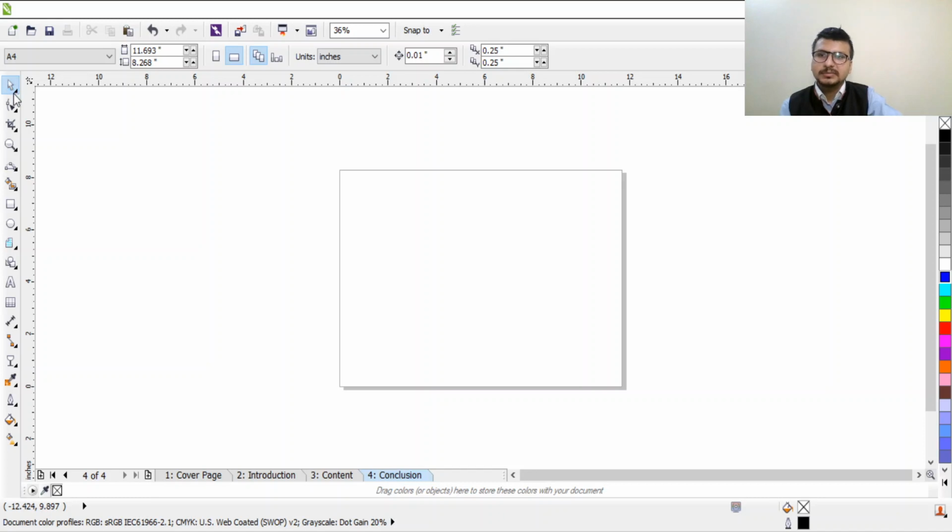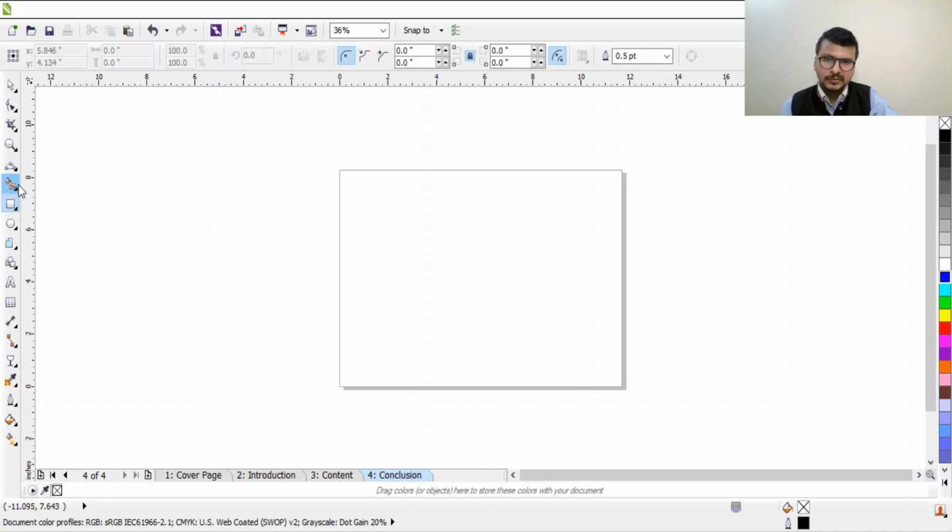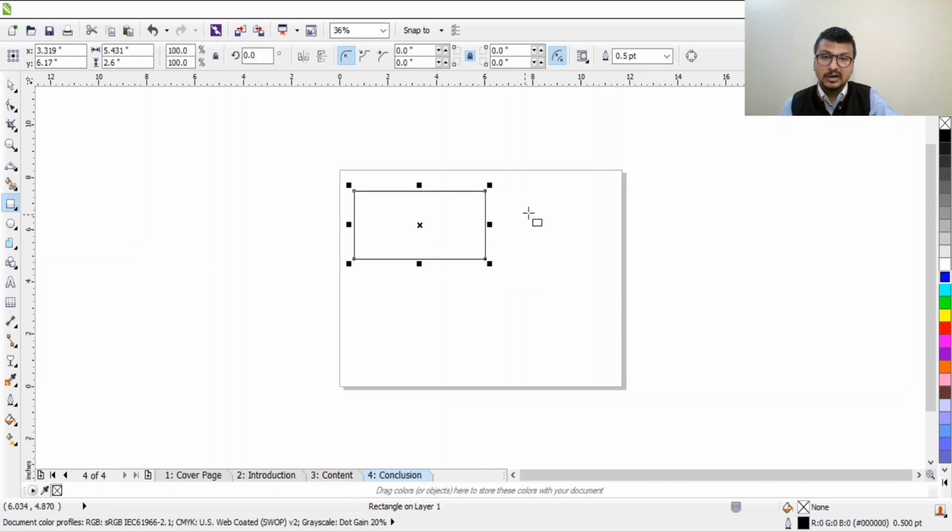Okay, the first tool is the pick tool. The pick tool won't work until we insert some designing elements. Coming to this one, two, three, four, five, six, seventh tool, that is the rectangle tool. The shortcut is F6. If you are handy with the shortcut keys, you can also use the F6 button. This is basically used to draw squares and rectangles just by simply dragging in the drawing window. So this is a drawing window, center in the landscape, and I am clicking this shape. It is a square I have made.